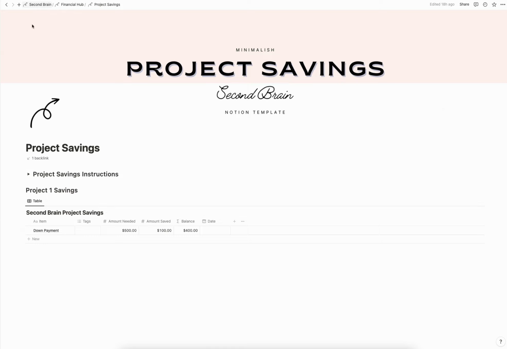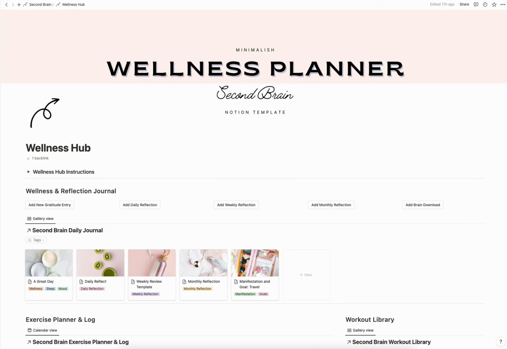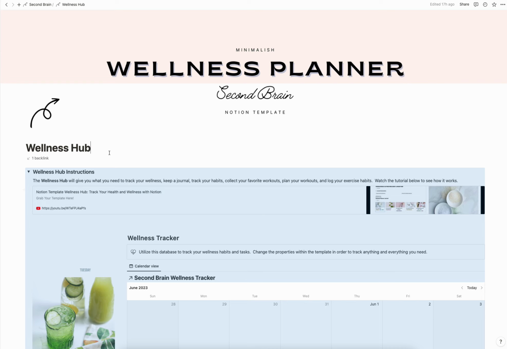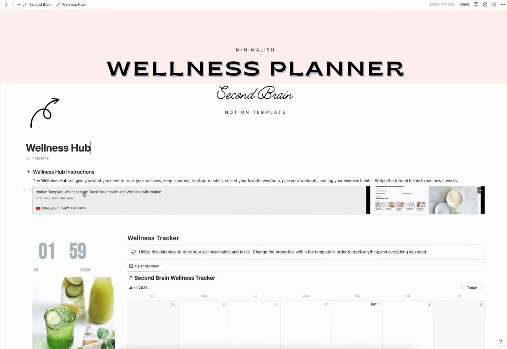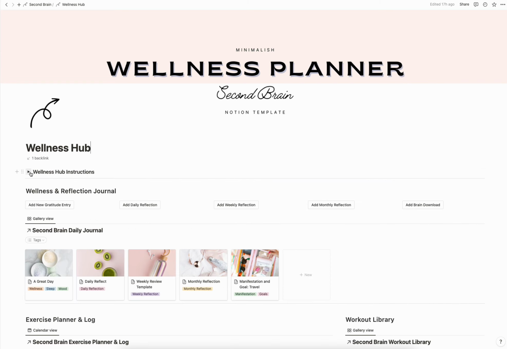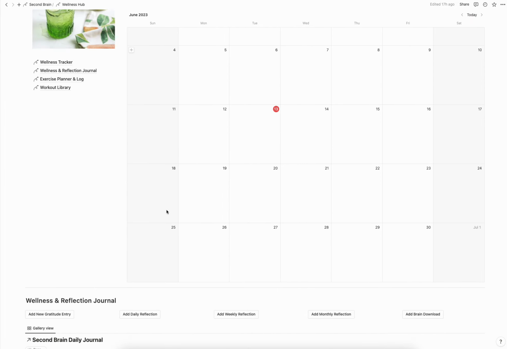progressing on that. Next up, we're going to go to your wellness planner. This is one of my favorite hubs in this planner. If you do a drop down here, you will see a specific tutorial on how to do that. And then it just kind of gives you everything you need to do to track your wellness. Okay. So as we